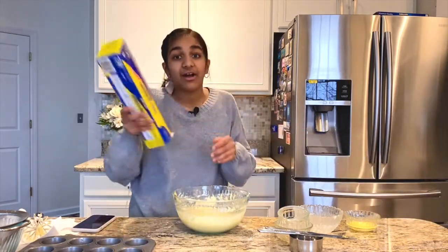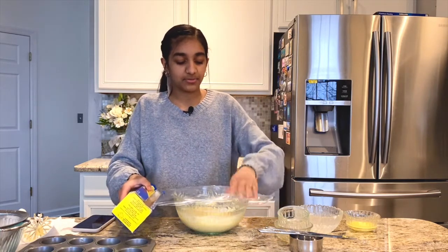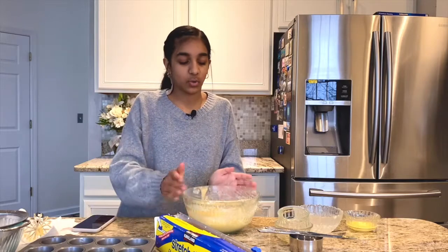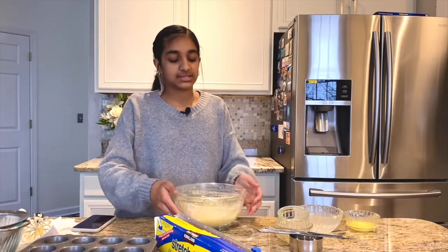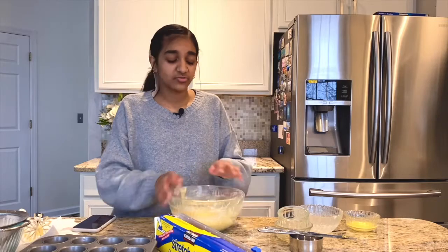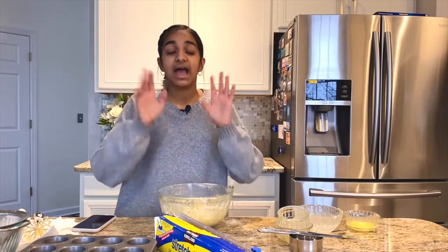But I forgot that you're supposed to put it in the fridge for at least 45 minutes before baking it. So I'm going to cling wrap the bowl nice and tightly and throw it into the fridge for 45 minutes. And then I'm basically just going to do everything that I just told you I was going to do, like just brush the pan with some butter, and then throw these in the oven at 400, I think, what did I say? 405 degrees Fahrenheit or 10 or something like that. I'll tell you guys once it's baked, and for 7 minutes,